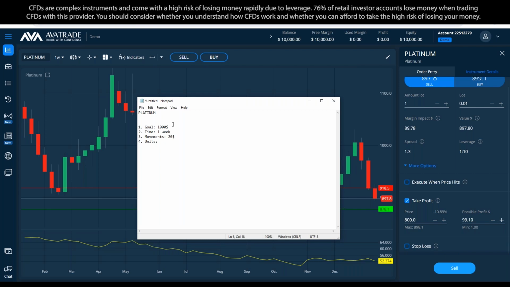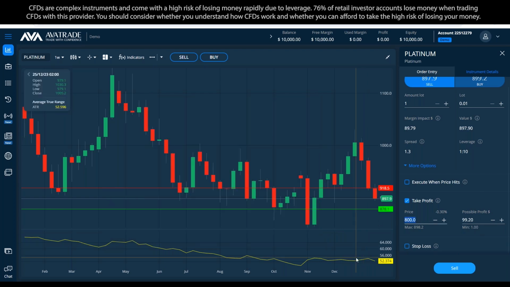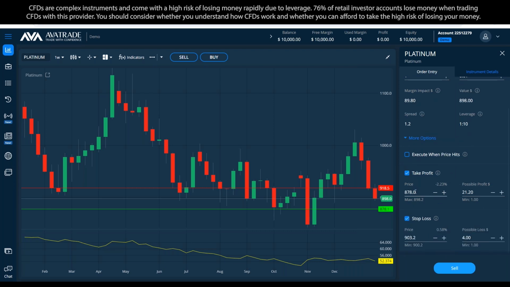$20 movements, also known as price difference, right? What is the difference? The difference between the entry to the price that we tested, right? Whether it's for profit or for loss. Okay, now, oh sorry, let me bring it back to where it's been. That looks good. It also looks good. So, okay, this one should have been,